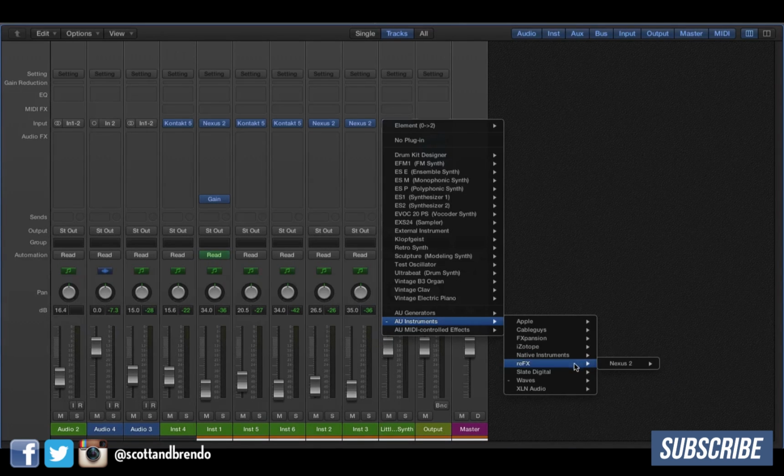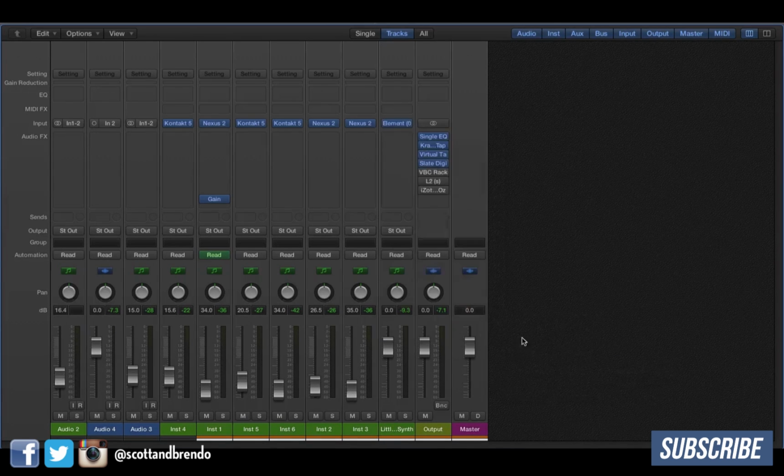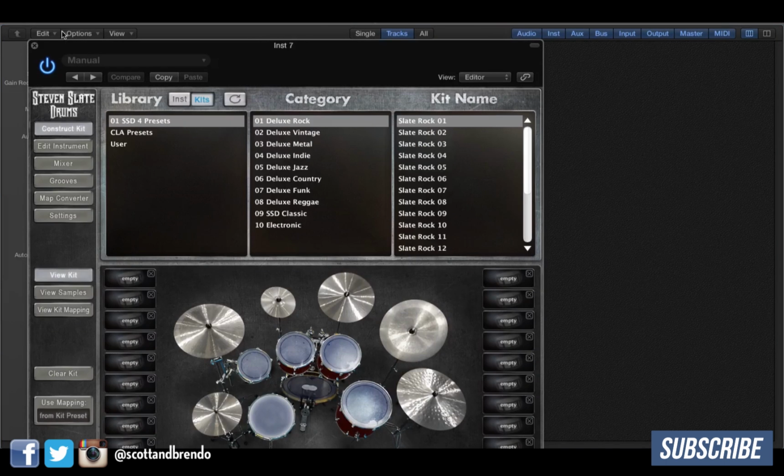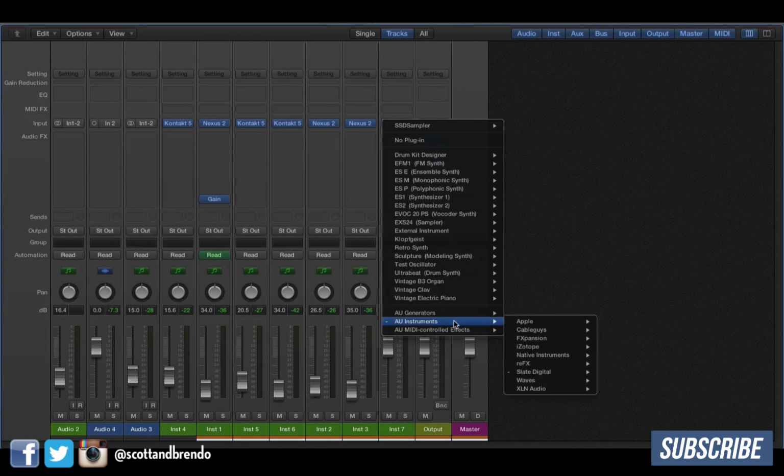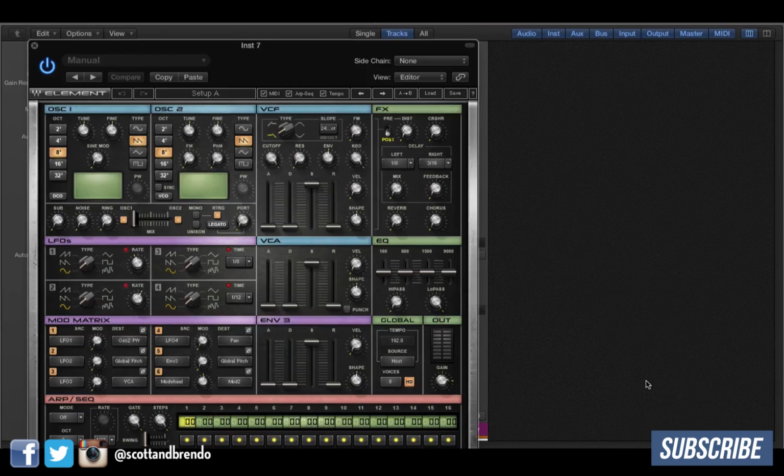We also recently got Nexus 2, and that thing is great for dancey leads and pads. Slate Digital SSD sampler. I love everything and anything Slate Digital, and I will always praise Slate for their work. It's amazing. Also, the Waves Element 2, we haven't used that much, but we did use it on Carry On